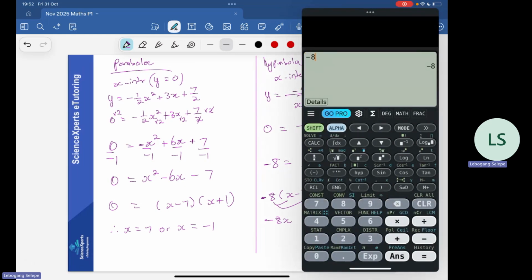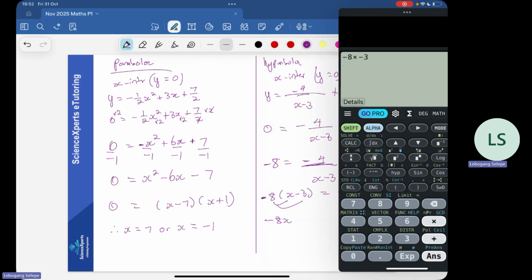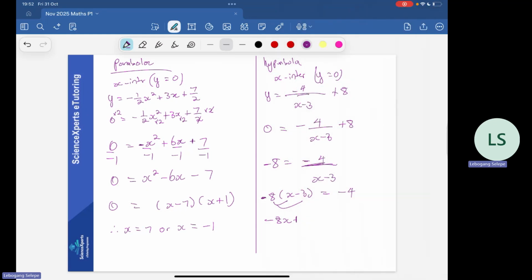Minus 8 times minus 3, that's positive 24, right? So positive 24 is equal to negative 4. So minus 8x is equal to negative 4 minus 24. Then minus 8x is equal to minus 28. Divide both sides by minus 8. Right? So let's see, x is equal to